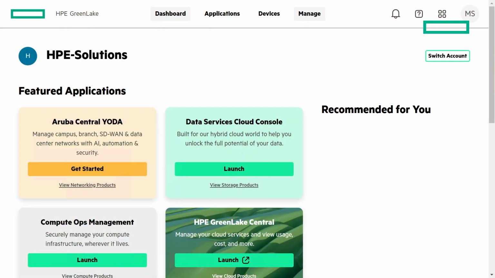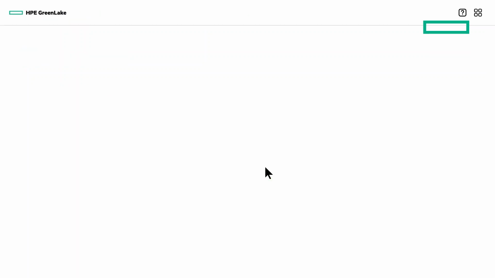In this video, I'll be demonstrating adding a new iSCSI host to your HPE GreenLake account using the Data Services Cloud Console. Once this host is created, you'll be able to provision volumes to it. In this case, the host is a SQL 2022 server, and HPE GreenLake's intent-based provisioning lets you create volumes specifically optimized for this application. After logging into your company's HPE GreenLake account, we will launch the Data Services Cloud Console